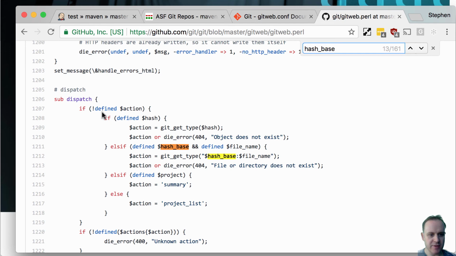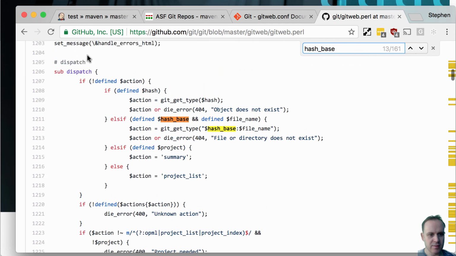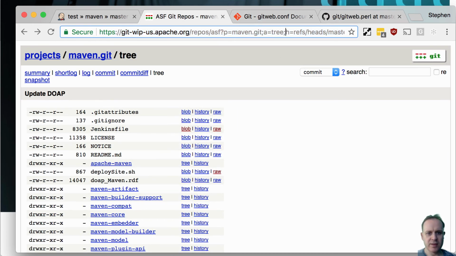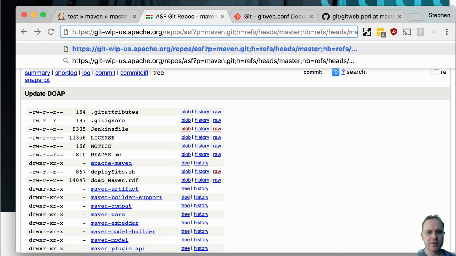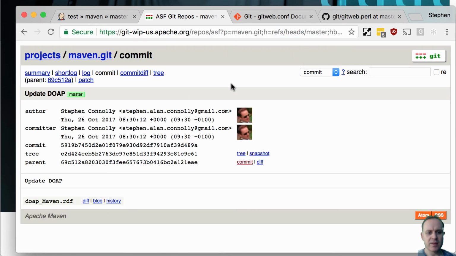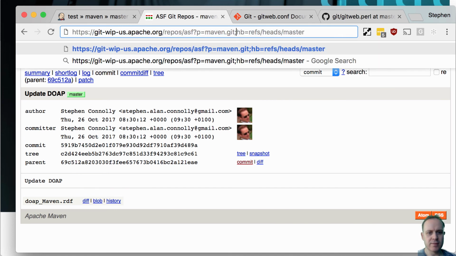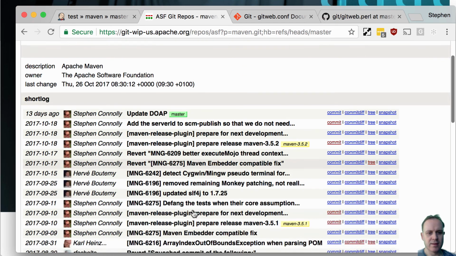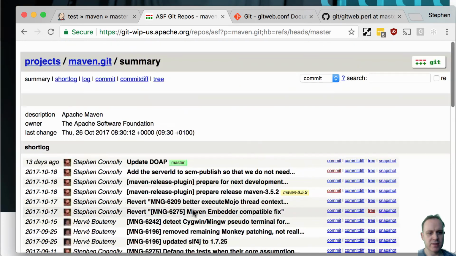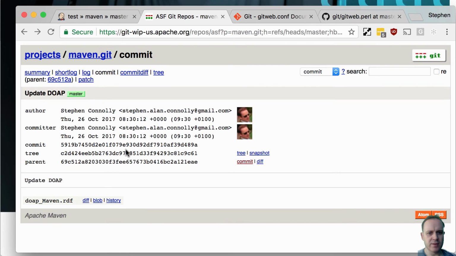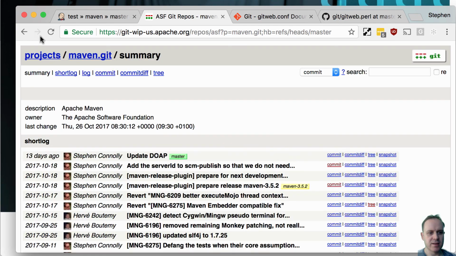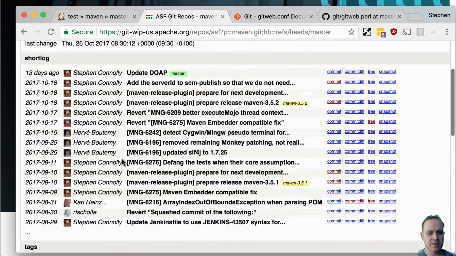So dispatch, if not defined action. That's so there's some ones where we don't care about the action. If we've got the hash, it'll kind of try and figure stuff out for you. So let's try this. If we just do that guy, that brings us to the commit. If we do this guy, no action, that gives us this page. So what's the difference with this one? So H gives us the commit, hash base doesn't,